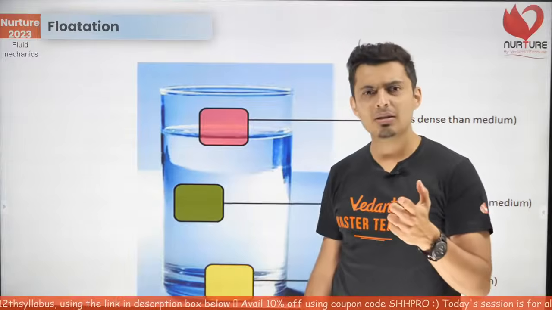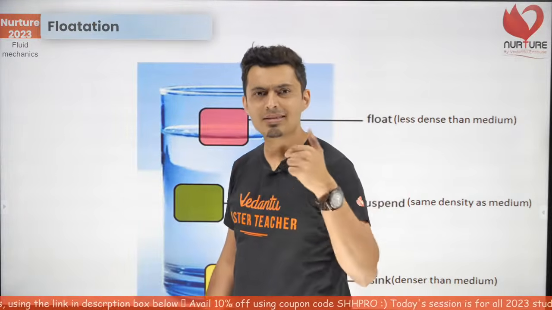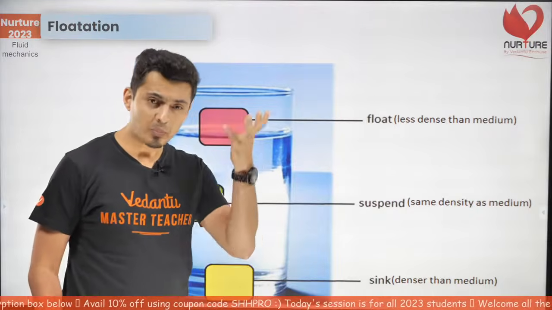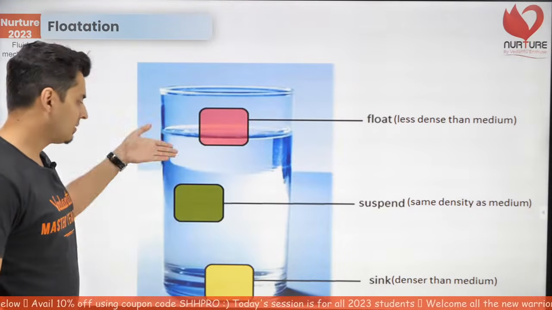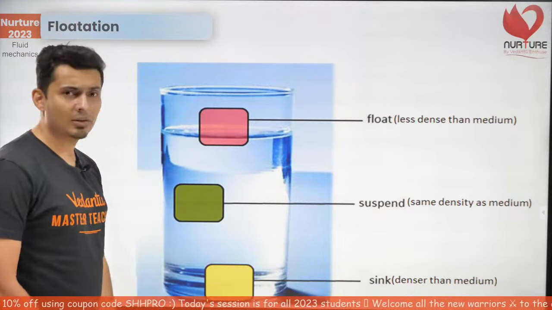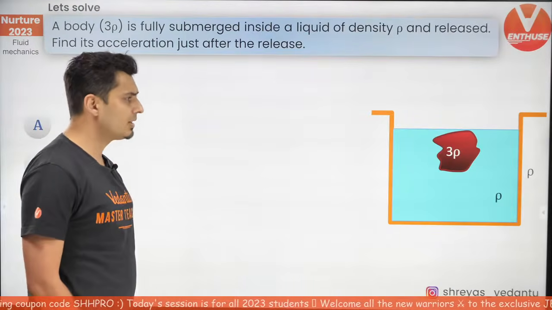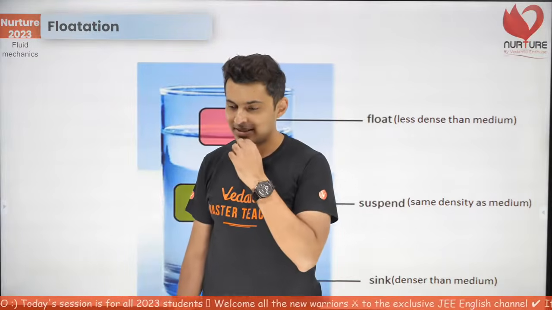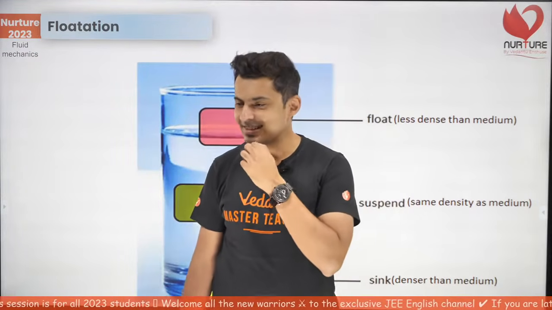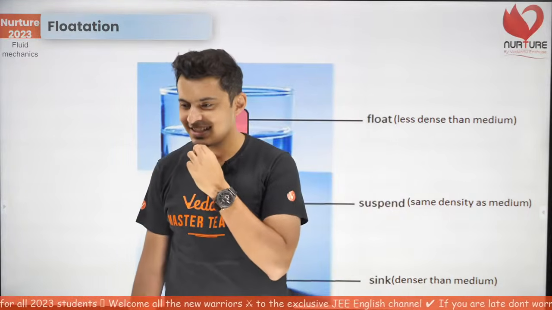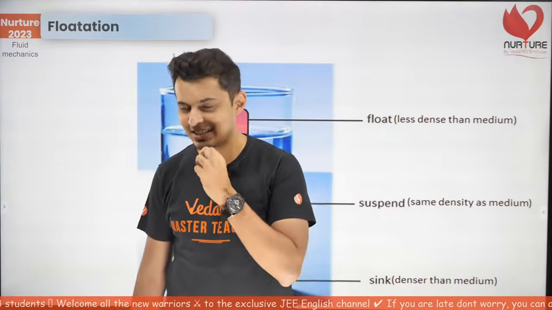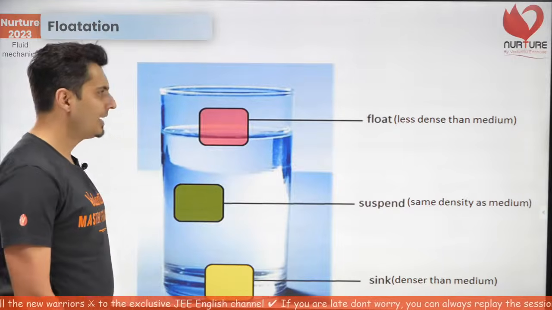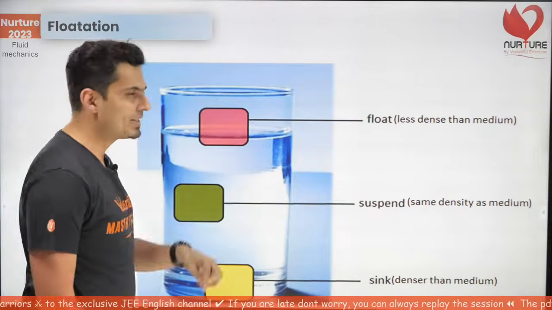Now, the question is, metals sink. We know that metal's density is more. So it will sink. So the object will behave just like this yellow one over here. But how is it possible that the ships stay afloat? What is the reason behind that? Think about it. Okay? You think carefully and probably you can leave the answers in the comment section below.